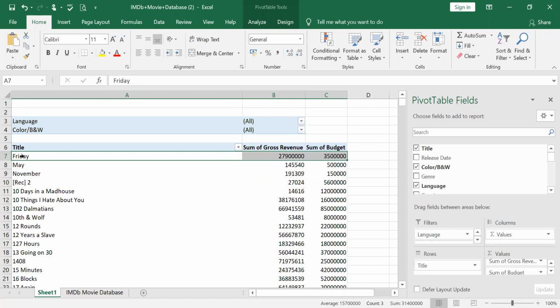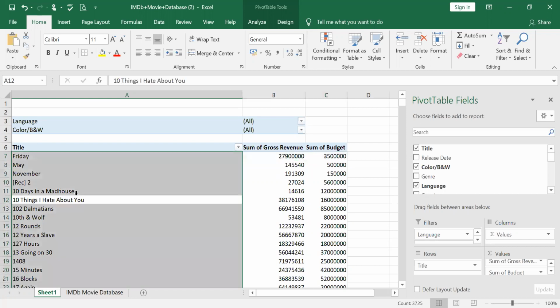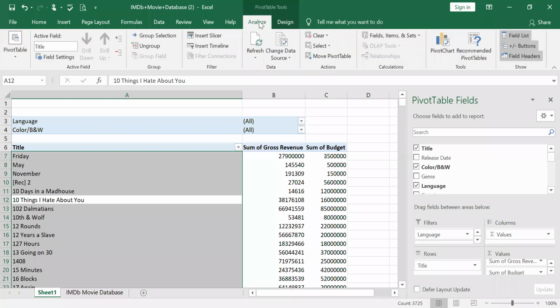So in order to avoid that, we have pivot table tools. You just go to pivot table tools, click Analyze, and then click Options.